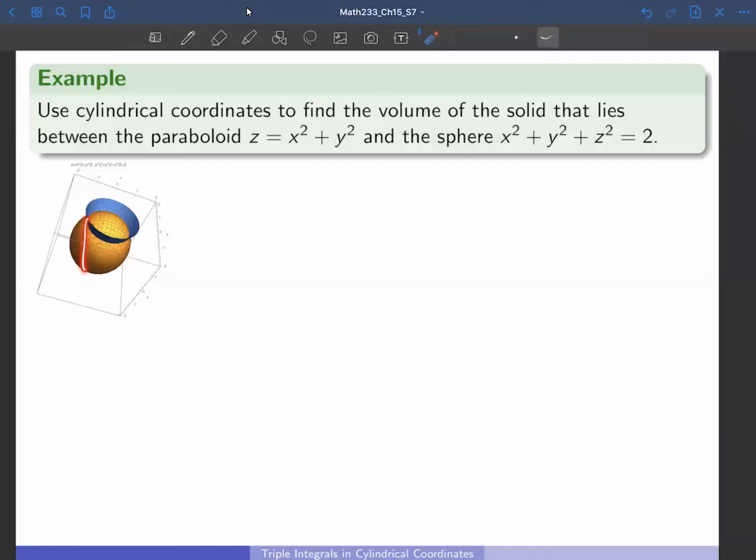So essentially, we need to find this volume that lies between the sphere and the paraboloid. Since we see that z is the axis of symmetry, that means that we can use cylindrical coordinates. The first thing that we need to do is set up the region of integration, and we see that in cylindrical coordinates, the solid region E is bounded below